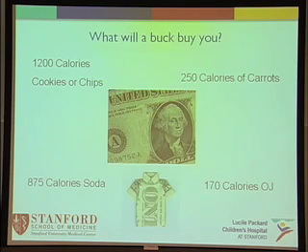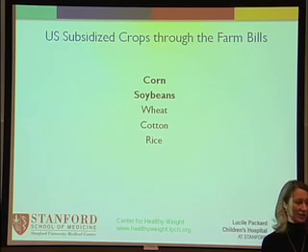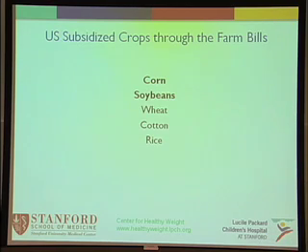So why is it that we can get this many calories in junk food and not in the other? Let's take the example of a Twinkie. What's a Twinkie? A Twinkie is basically corn, soybeans, oil from soybeans, and wheat. It has 39 different ingredients, and a lot of those are highly technical and manufactured. It's very marketed, put in really fancy packaging, and it's cheaper than a bunch of carrots. So a bunch of roots that has no packaging, no marketing, no nothing is more expensive than this Twinkie.